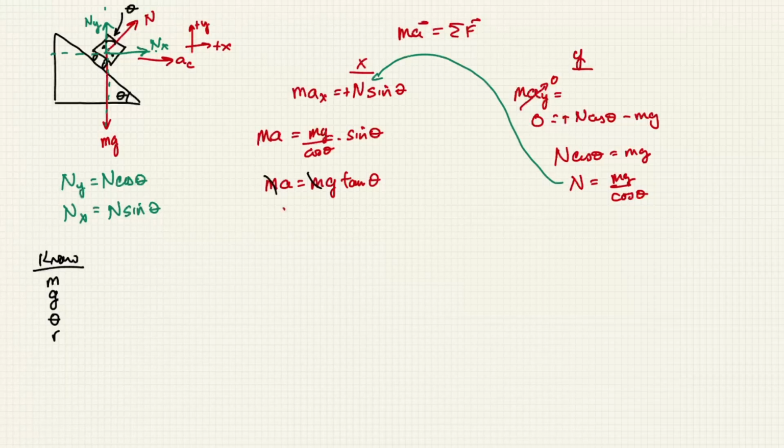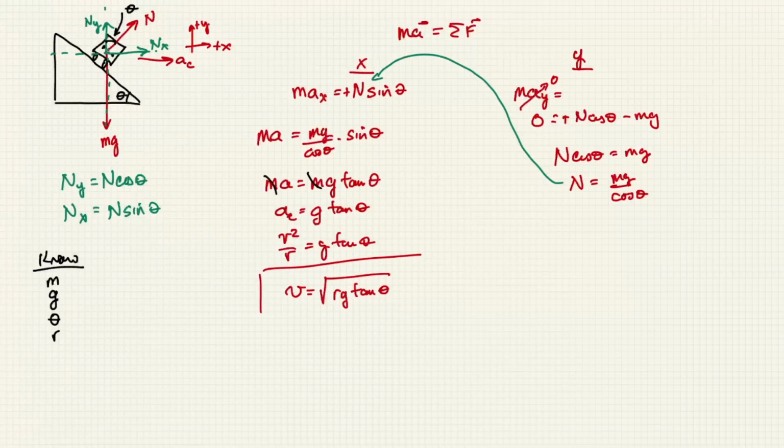And then this acceleration. It's a centripetal acceleration, isn't it? This car is going around a turn. Okay? So it's pointing towards the center. And that centripetal acceleration is equal to g tangent theta, which means that v squared over r is equal to g tangent theta, which means that the speed at which a car can safely negotiate a turn with no friction